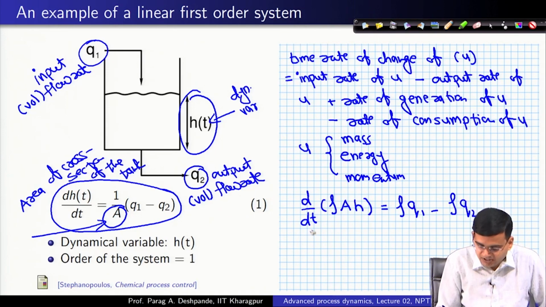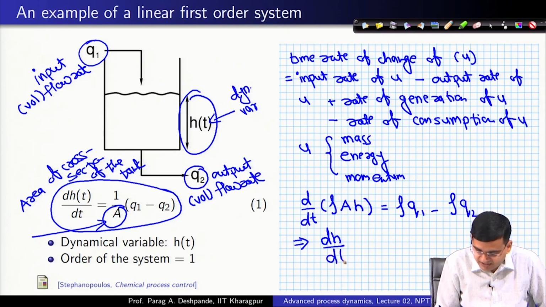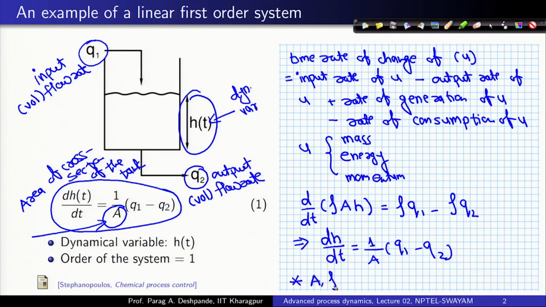Okay. So, therefore, we get this as simply d h by dt is equal to 1 over A times (q 1 minus q 2), and we should know that the underlying assumption is that A and rho are constants. Under this assumption, the model equation stands correct. So, now